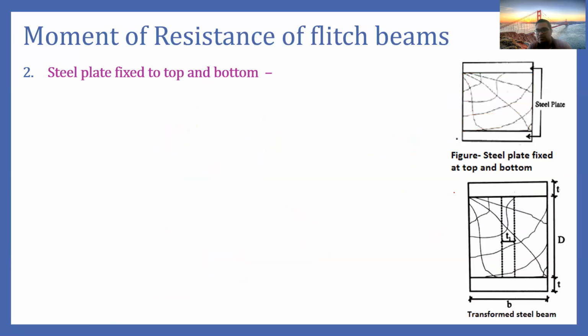So you can see here, this is the transformed steel beam. We have just replaced this whole timber into a plate of thickness T1. So therefore, we now have this hatched part actually. And to find out Z of this hatched part, how can we find out that? We can simply say Z is basically the formula of I by Y. I is the moment of inertia and Y is the distance from neutral axis to the topmost or lowermost fiber.